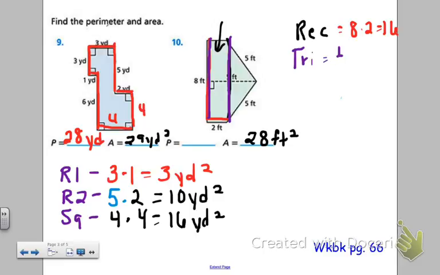And now I need, so 1/2 base, and now I need the height of the triangle. So now I'm trying to figure out, let's just erase a little bit. Oops. Do some erasing. Now I need to figure out